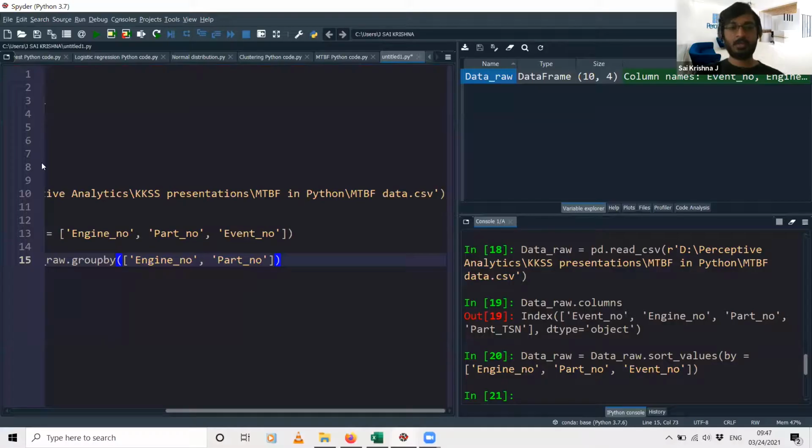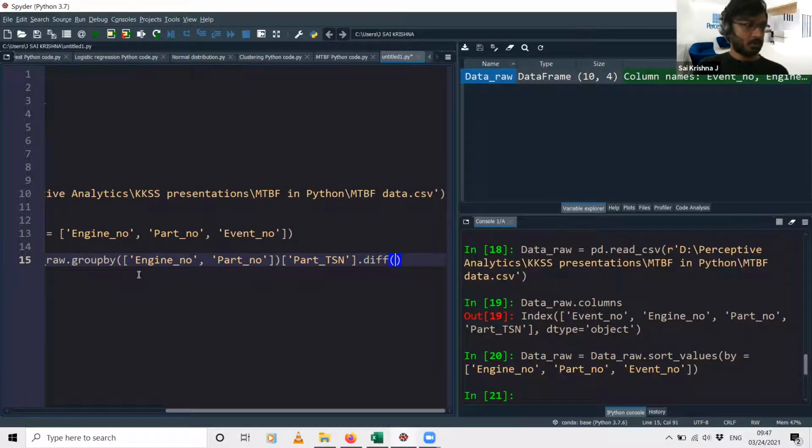That is why we are grouping by engine number and part number, and the numerical column on which we perform the subtraction is part_TSN. The function to do the subtraction is the diff function, which calculates the difference between those two values within a particular part present in a particular engine.